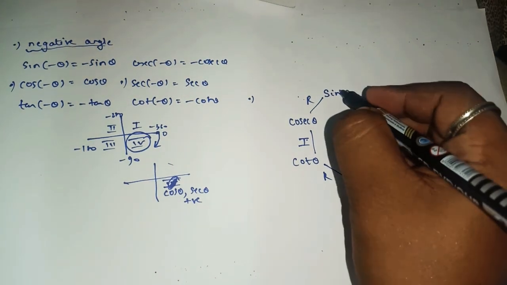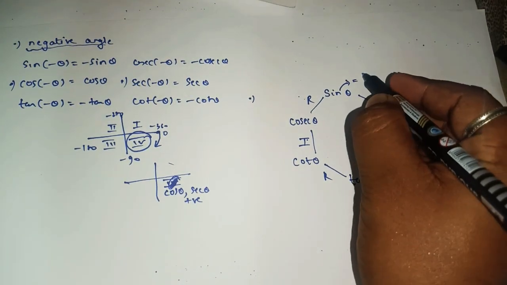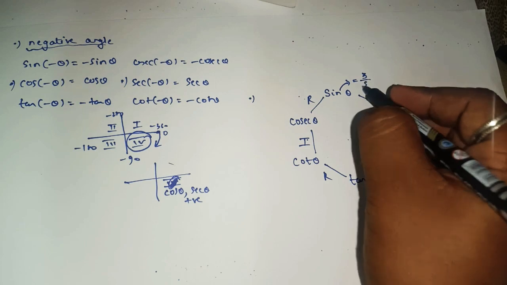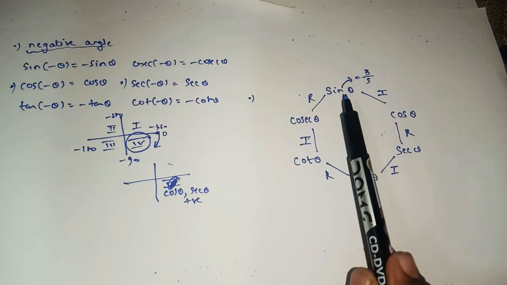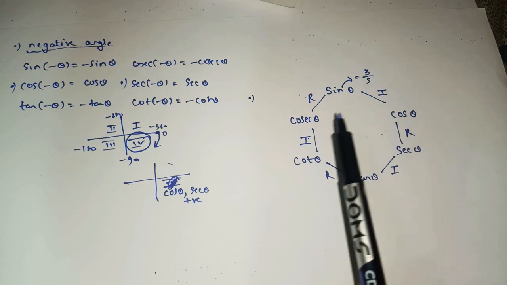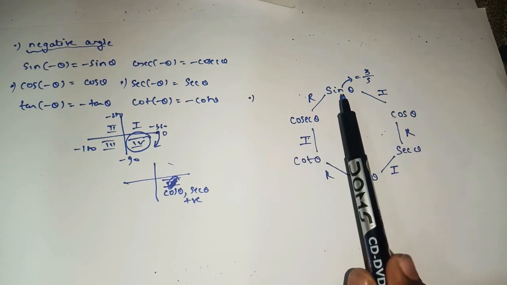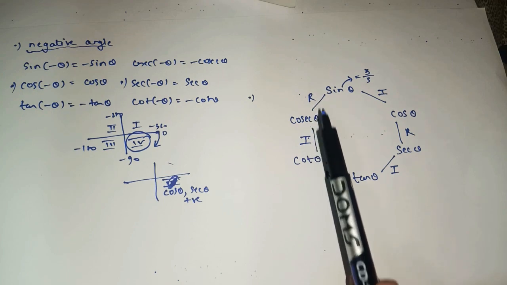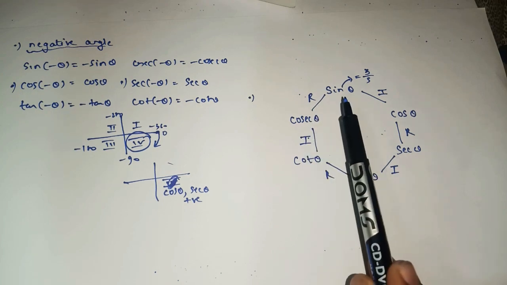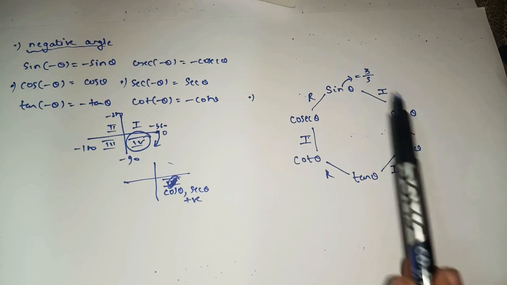Suppose you have the value of sine as 3 upon 5 and you have to find all the values. With the help of sine, we can find two things, cos and cosec. The relation between sine and cosec is reciprocal, so here the answer will be 5 by 3. Between sine and cos it is identity, where you will get this answer.